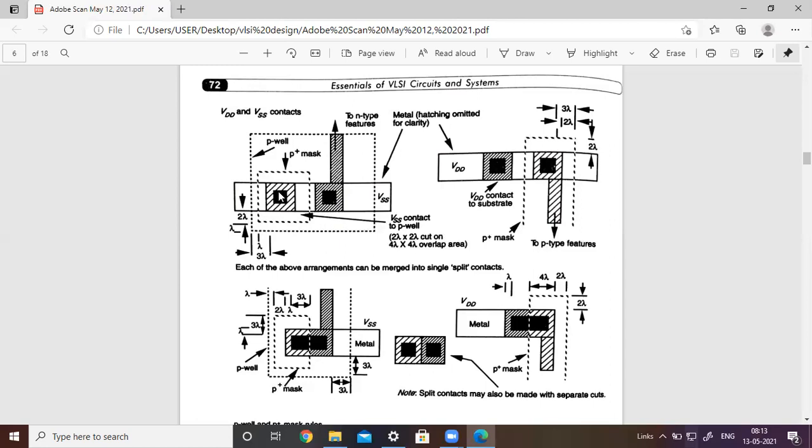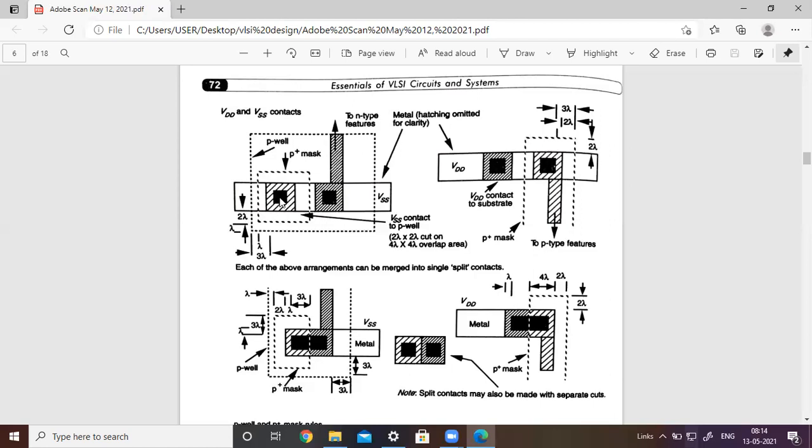That is called P plus MOS, we can say. Okay, because just remember in the P well, the substrate is the N-type material. On the N-type material, we are going to form P-type transistors, right? For this P-type substrate connection, we require a PMOS here. Okay, this is very important in this case. So this is the VSS contact for the P well. Remember, this is the VSS contact for the P well structure. Okay, P well means P-type material with the metal contact.